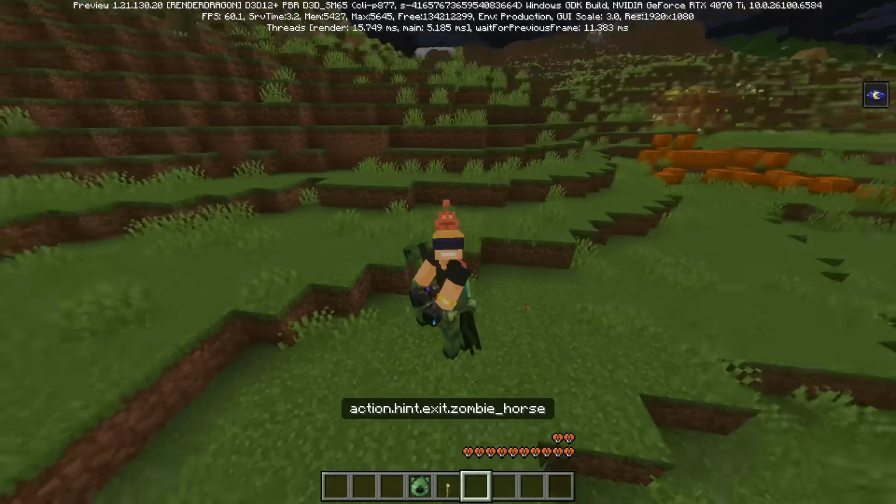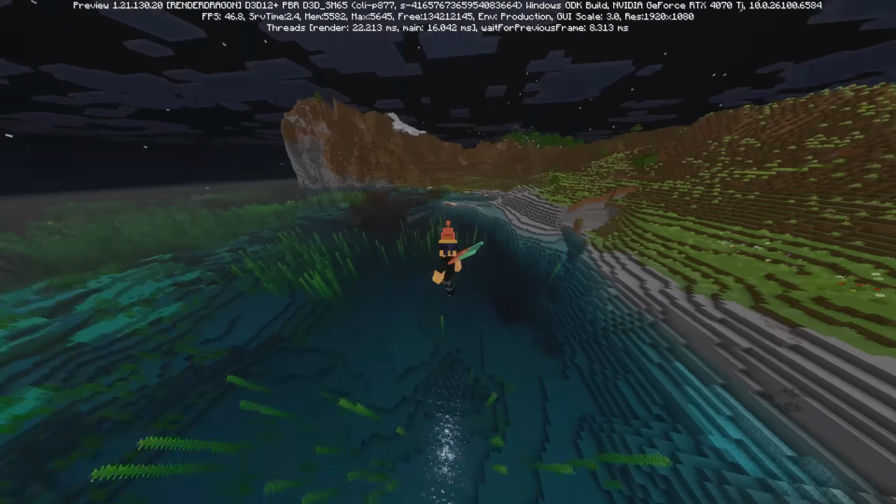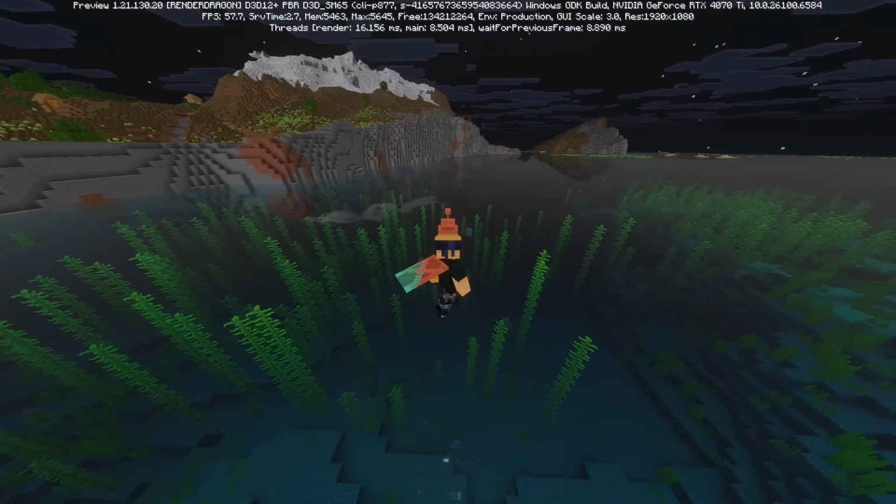Anyway, the zombie horse, once you tame this thing, you can put some armor on it, you can put a saddle on it. It's just like a normal horse. Now, while we're talking about mounts, let's go ahead and slide on over to the ocean over here and see if we can find the most terrifying...